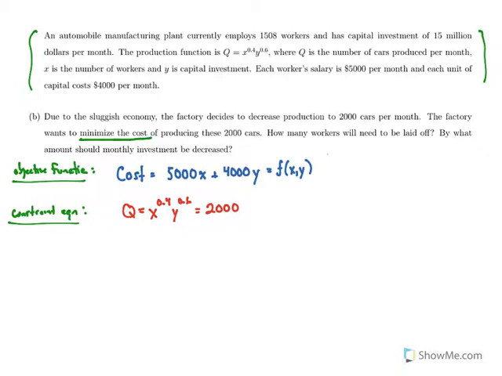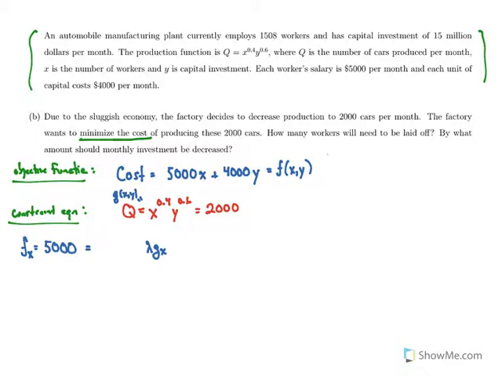All right, so we have to go through our Lagrange multipliers stuff. We have f sub x is going to be the derivative of cost with respect to x. That's going to be 5,000. And that's going to be equal to lambda g sub x. Right, this is our g of xy here. And that's going to be the,